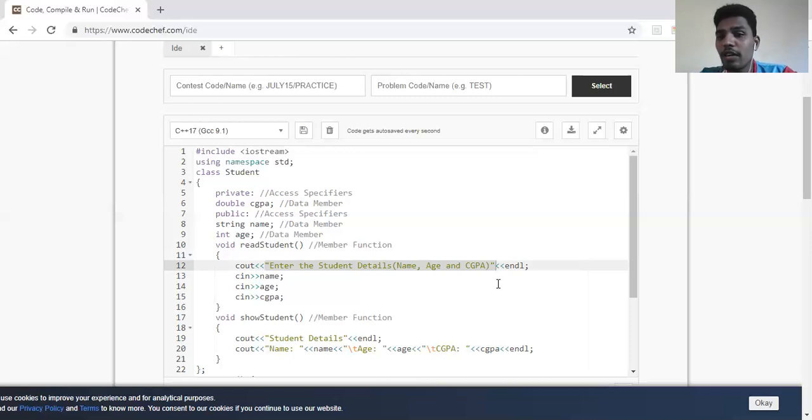This concept is called abstraction, where I just see the output. I know what output I'm getting because of the input which I've given, but I don't know how I'm getting the output. So what and how can abstraction be done in a class, that is, in object-oriented concepts? If you can see here, CGPA, if I've kept it as private, I'm hiding it from the outside world. So the outside world can only know its value through the member functions, but the outside world cannot edit or modify it.